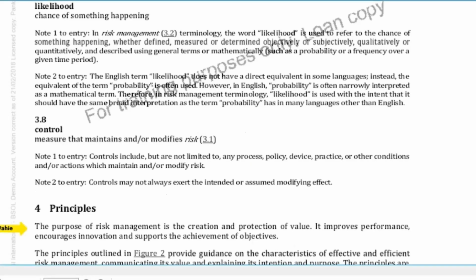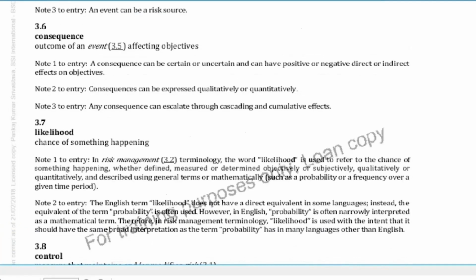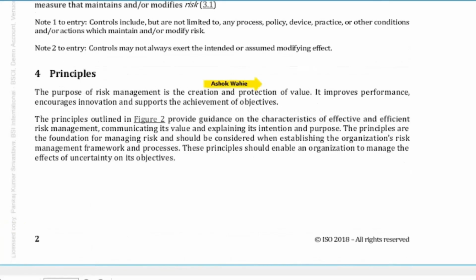So the purpose of risk management is creation and protection of value. Value for what? Protecting the strategic values or the organization values. So what are your values? So how do you protect your organization's values and achieve them? So when we apply the principles, it improves performance. So when we apply the risk management principles, it improves the performance, encourages innovation, and supports the achievement of the